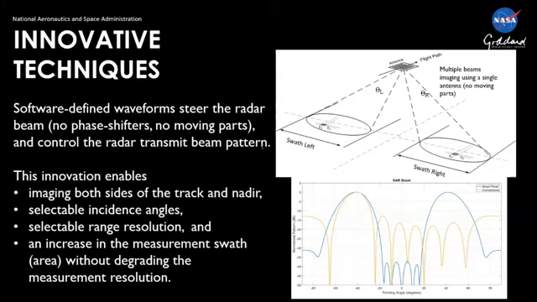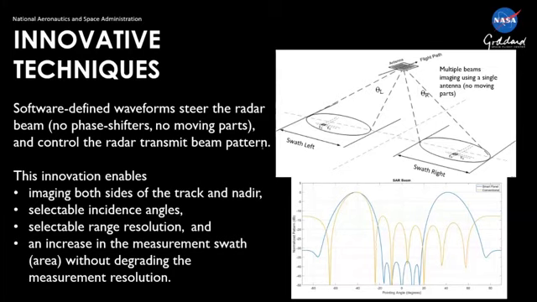So an example of that is this upper figure where you have the panel moving along over a surface, and here we have the radar configured to look left and look right. So multiple beams, acquiring essentially double the swath that you would get from a typical single direction radar system. And what's really interesting about this is that we can reconfigure the beam pattern to put the energy where we want it.